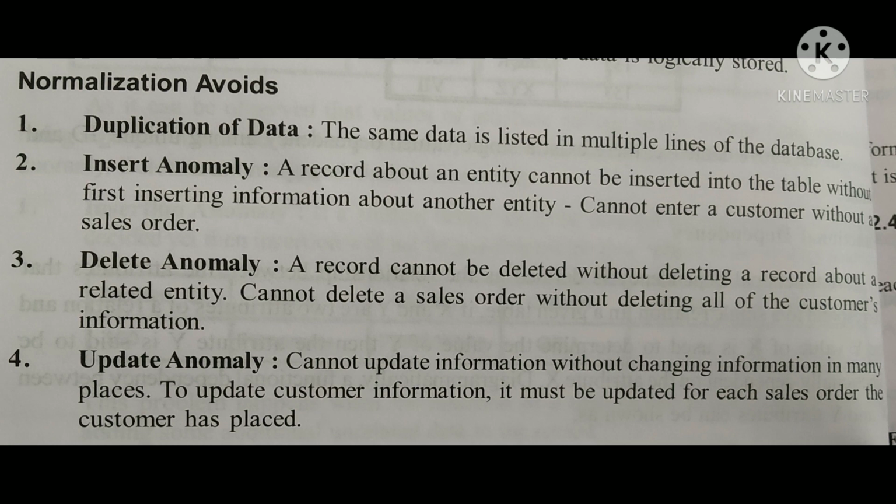Repeating columns make your data less flexible. They waste disk space and make it more difficult to search for data. These are some of the problems you face when duplicate data is available in a particular table. An entity is in the first normal form if it contains no repeating groups, so you have no repeated elements or groups in the table.